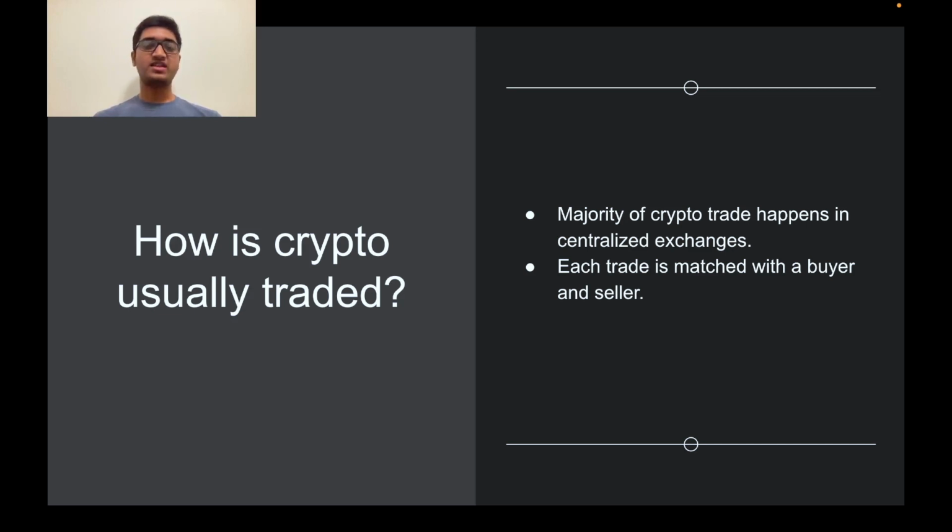What that means is, let's say you want to sell one Bitcoin at a price of $33,000 on a centralized exchange. Then you need to wait for a buyer to appear on the other side of the order book who's looking to buy the amount you want to sell at the same or higher price. The main problem with this system is liquidity, which in this context refers to the depth and number of orders on the order book at any given time. If there's low liquidity, it means traders may not be able to fill their buy or sell orders. This is something that is often seen on decentralized exchanges.